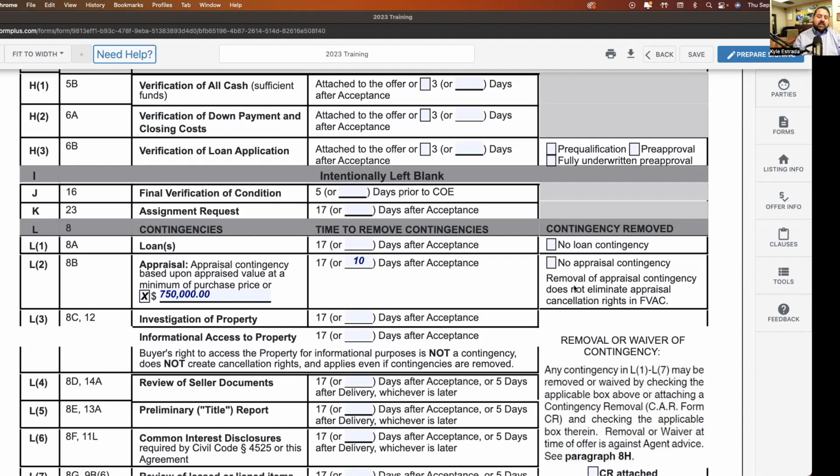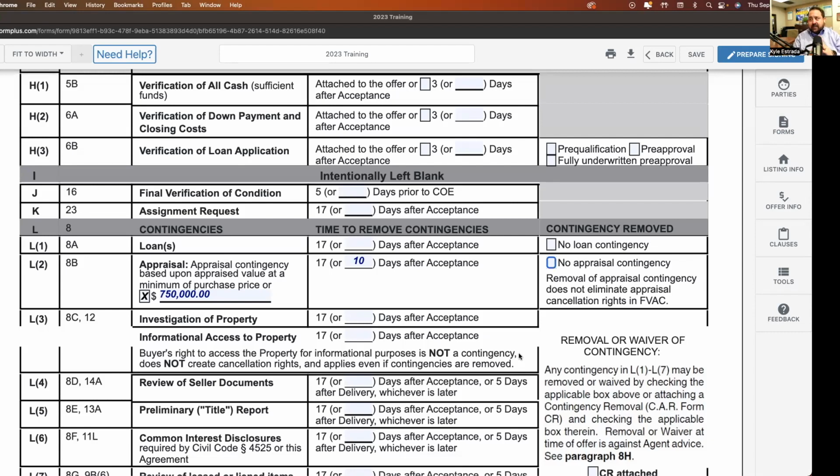If I'm a listing agent, I've got to pay attention to that FVAC that comes in and make sure it's correct. And if I'm going to be the one as a listing agent that's going to counter it, I've got to also address the FVAC. Just keep in mind that when it's an FHA or a VA deal, even if they have checked the box that says no appraisal contingency and they're doing FHA, this FVAC acts as a secondary appraisal contingency. So you've got to keep that in mind, but we're not going to check that off.